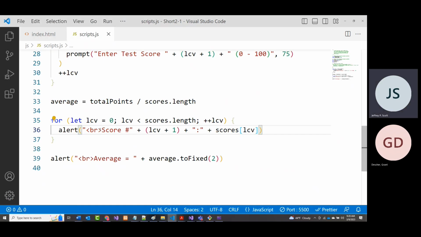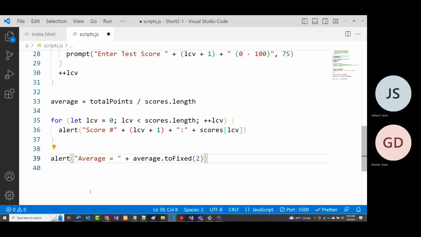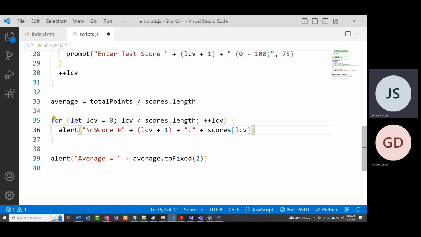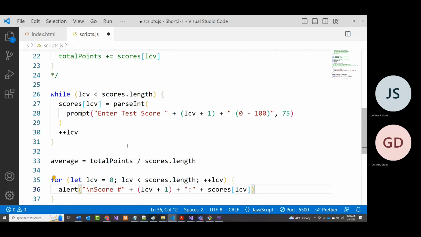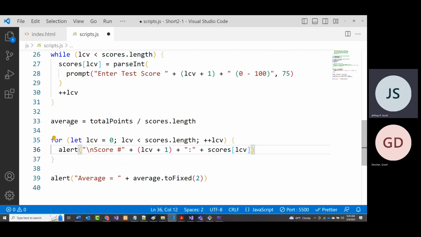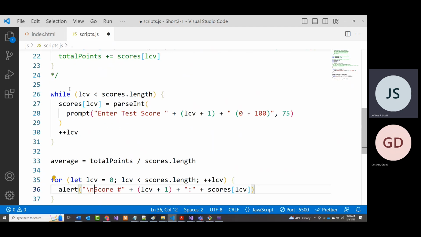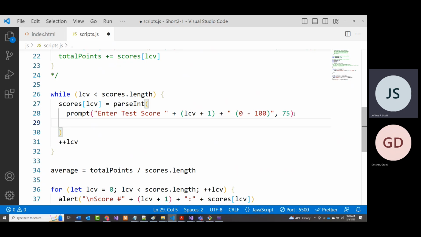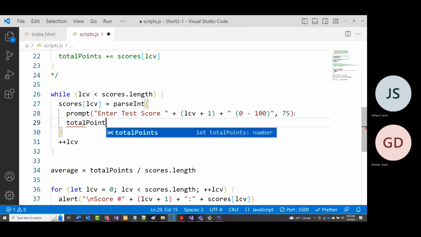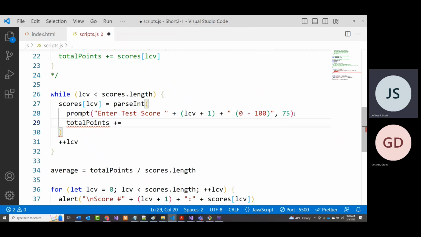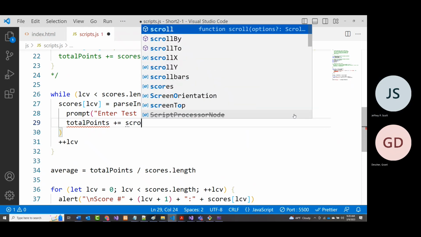So we will try, instead of having these in here, since they're an alert, we don't need them anyway. We'll put in here a \n, which is a new line. So we've got those alerts. So why wasn't this working? Average equals total points, which I removed. So we have to come in here and say this. Total points plus equal scores